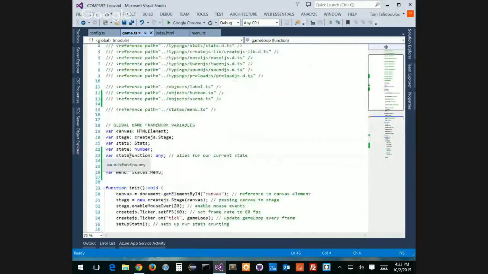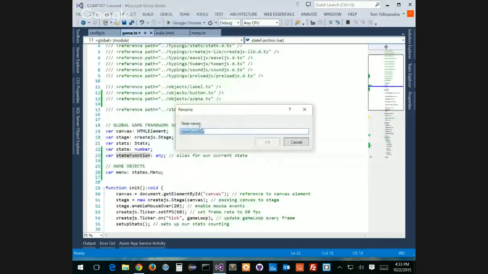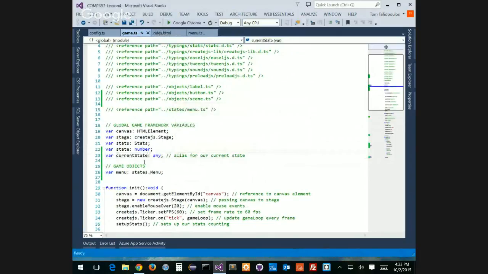So what I need to do is rename this states function here. I'm going to go refactor rename, because that makes more sense now that I'm redoing all this stuff. Instead of state function, it's not a function anymore. It's a method and it's a class. So I'm just going to call this current state. This is what my current state is going to be now. Now it's exactly what I told you before. I can change this from any, right,